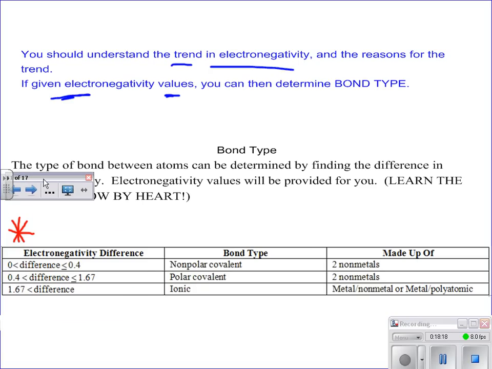So what this chart tells us is that we can look at electronegativity differences. That's how I will abbreviate electronegativity differences. And it will tell us something about our bond types. Bonds can either be ionic or they can be covalent. And if they're covalent, they can either be nonpolar covalent or they can be polar covalent. And the difference being in, let me start by maybe talking about what they're made up of,